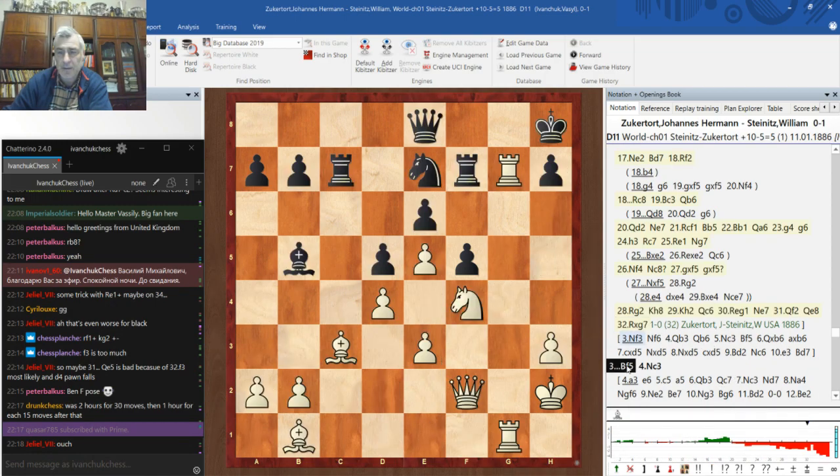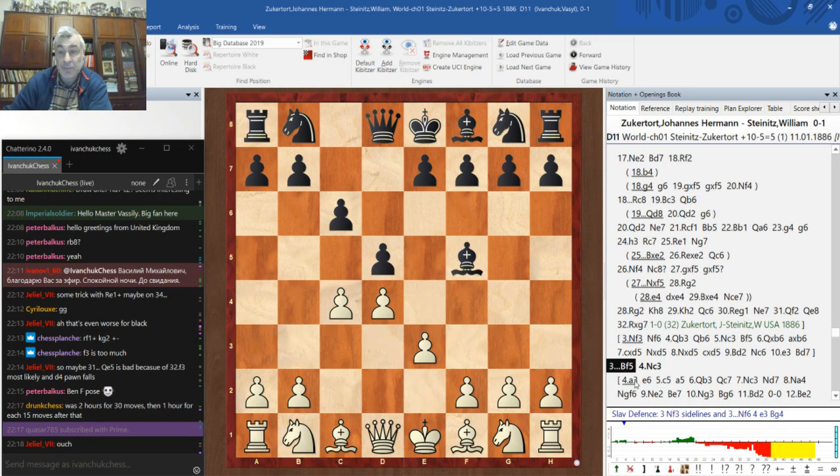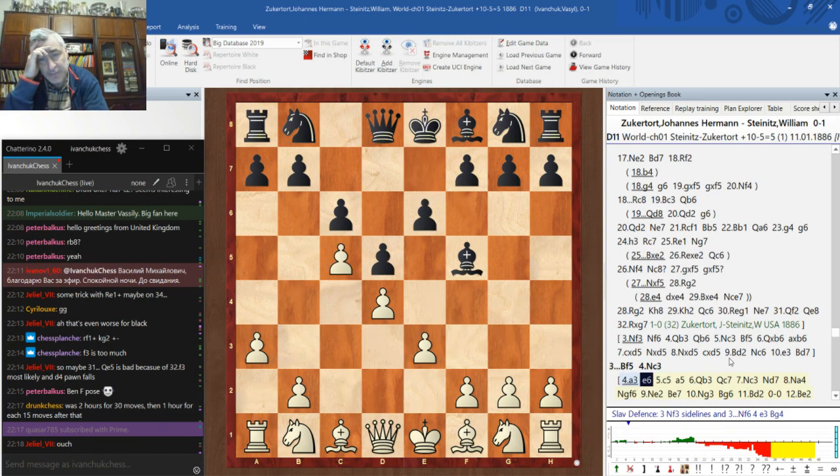No. It was this. He played a3. Creative. And c5. Quite strange. And surely black has a good position here. But okay, it's strategy. So we